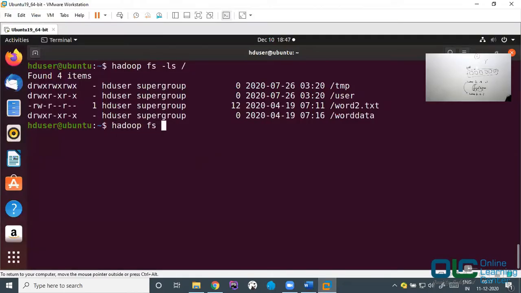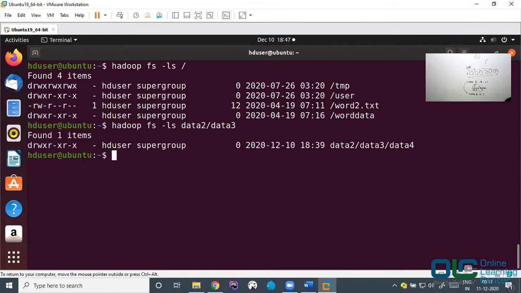I'll say hadoop fs -ls and show me inside data2 data3. And if you remember, we had created data4 inside data2 and data3, right? Now have a look at this. This path does not start with slash, which means if you do not start your path with slash, then it will always default to /user/hduser. What I'm trying to tell you is,